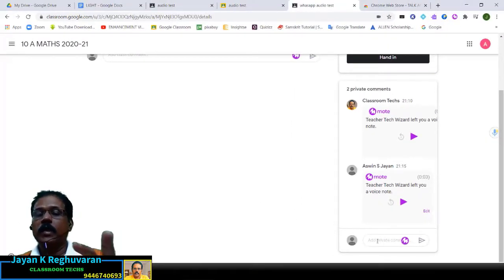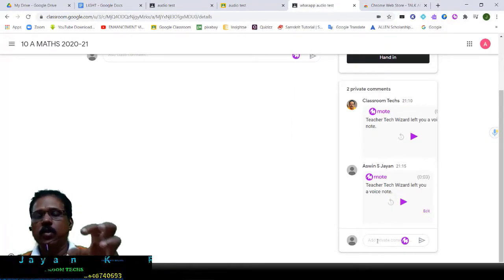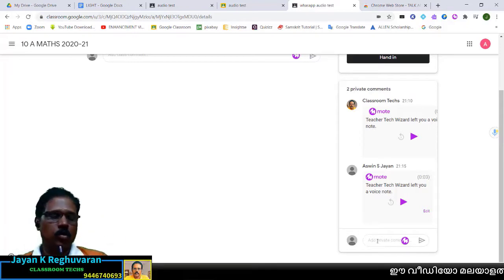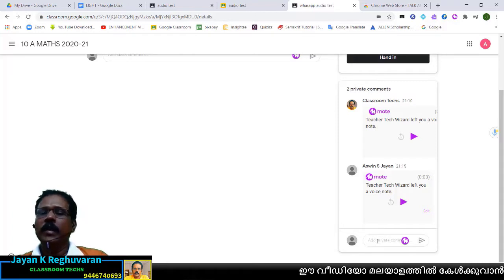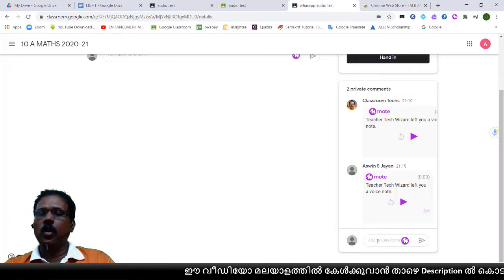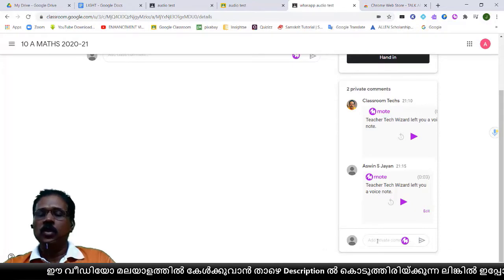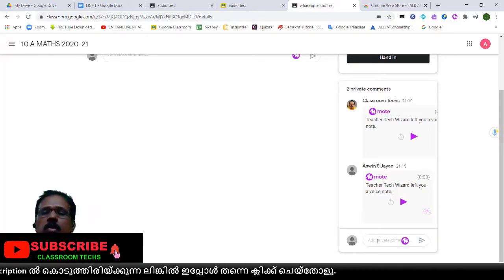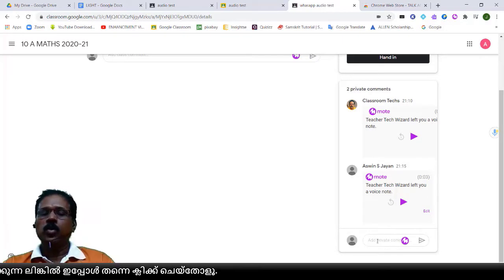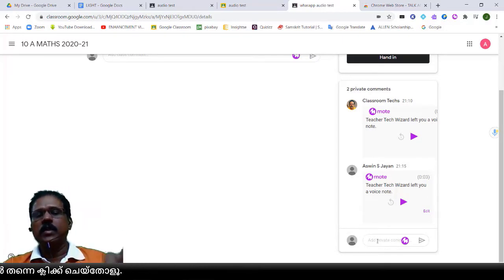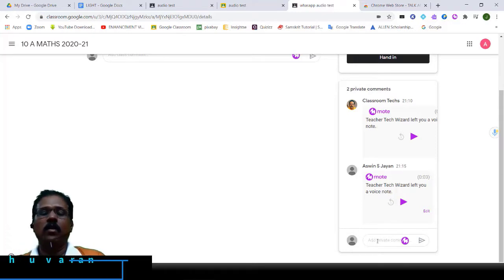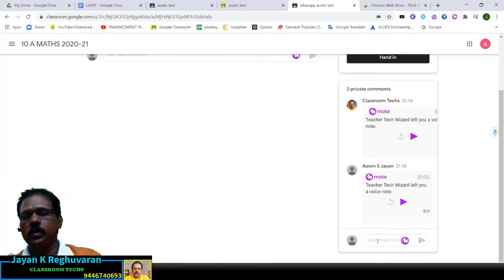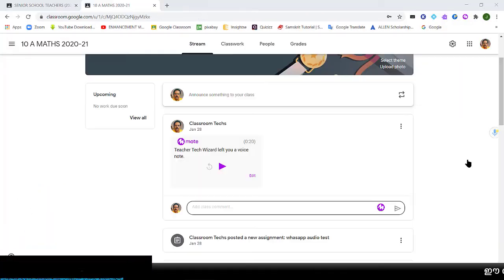And one more thing, you must tell the students to install this application in their Google Chrome also, because it is free. So they can easily install this Mote and this Talk and Comment. They can also send the audio message to the teachers by using this application. So to and fro means here the students can send the message, a reply also, individually or in the class group to the class also.